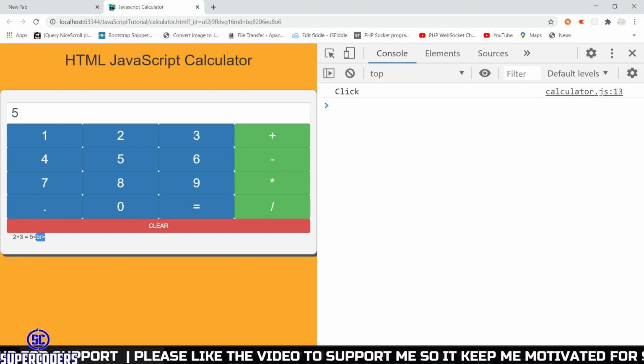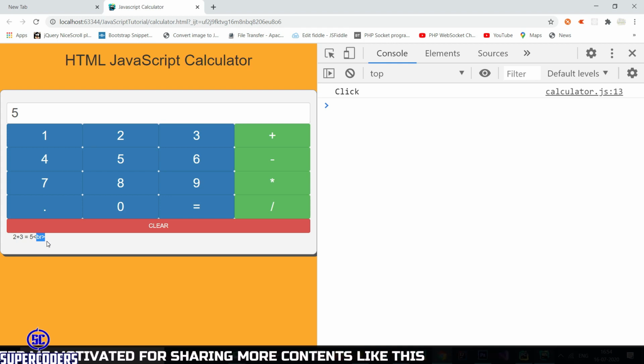So you can set value in div, h1, h2 using innerHTML or textContent, but use textContent only when it does not contain any HTML tag. If it contains an HTML tag, then you can use innerHTML. So there are two ways you can use it. Also, let's see more about this.